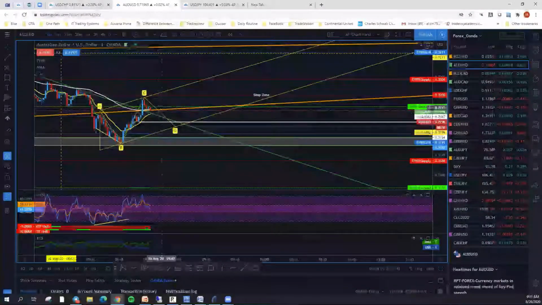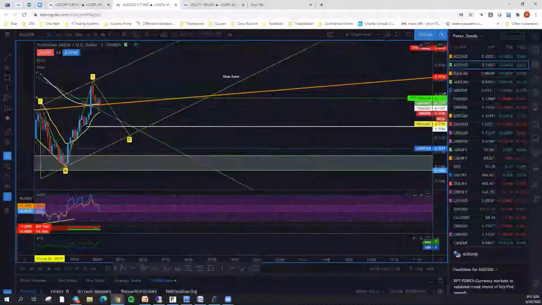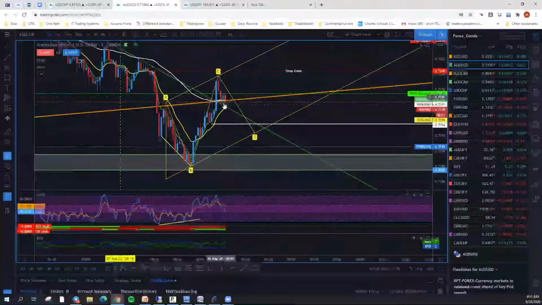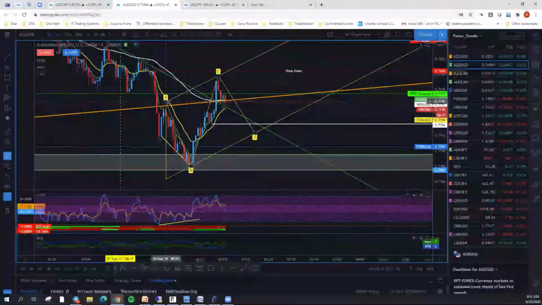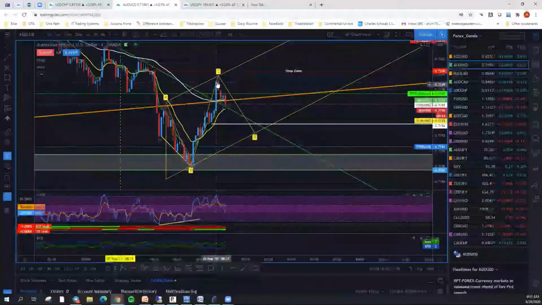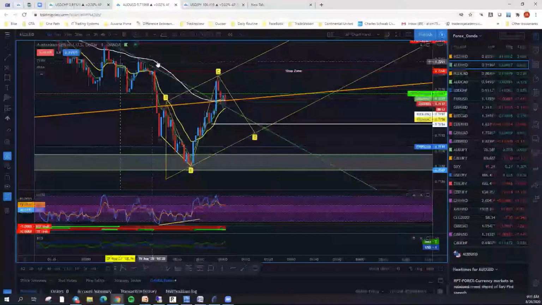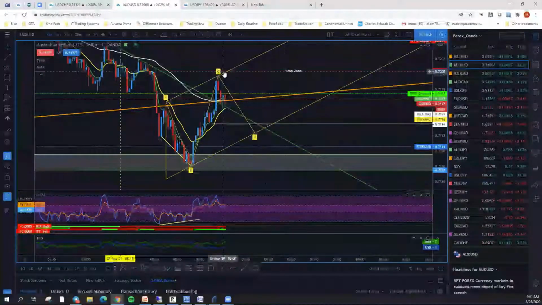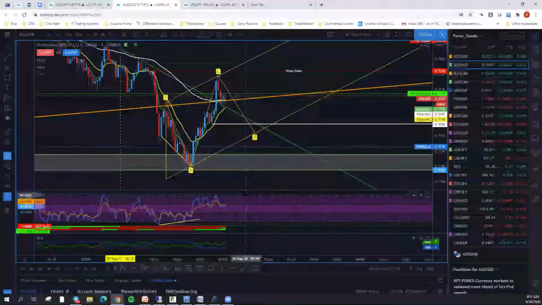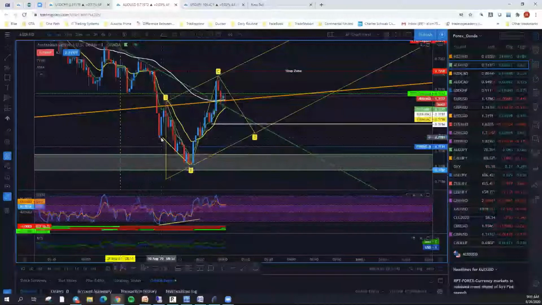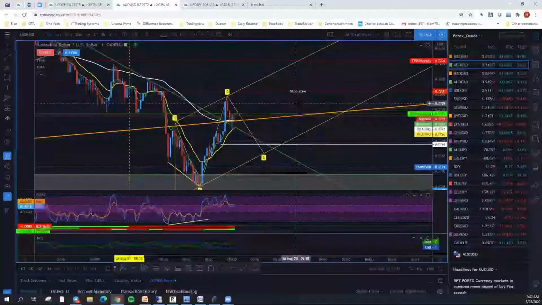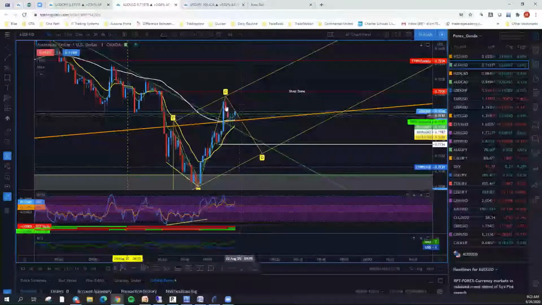Test it. So look at this action right around this fib line here at 97. Can't quite decide which way it wants to go. But the fact that this closed above this, and we have a nice move up. Now this is a pretty strong move. And we had divergence. That's the other part that gives me pause to stay in this thing short. What I'm looking for is maybe a pullback and try to